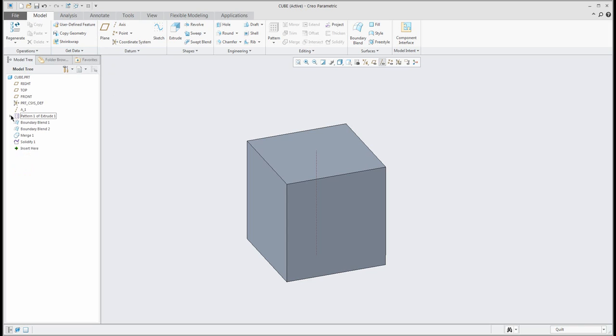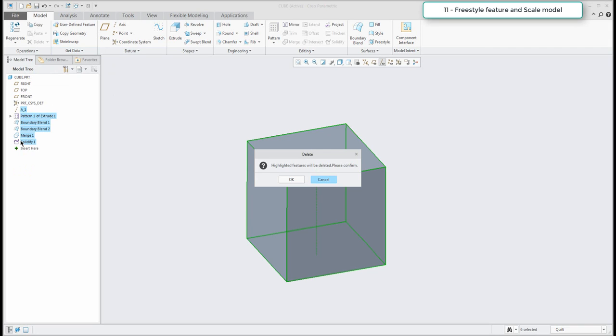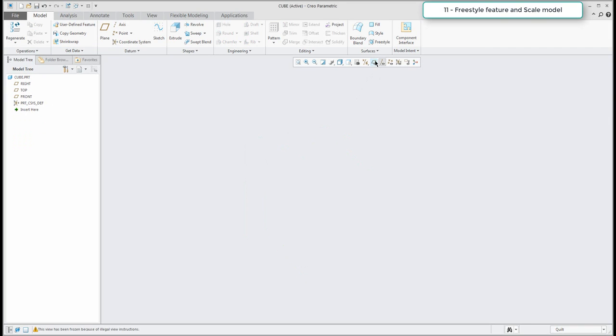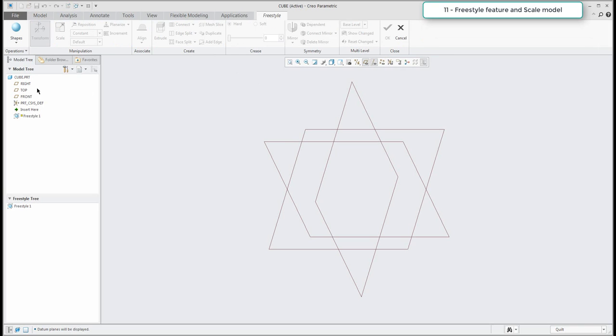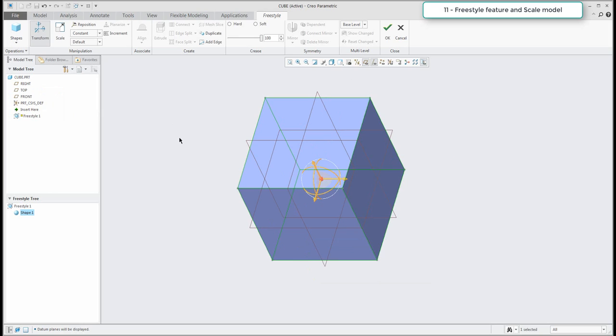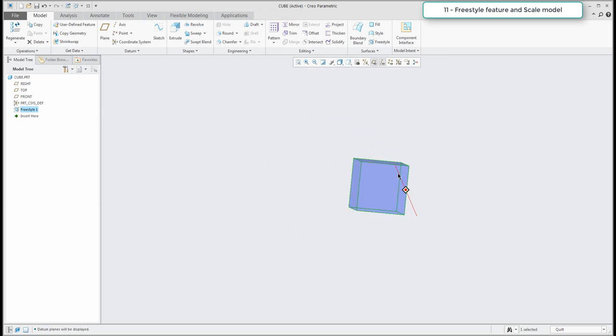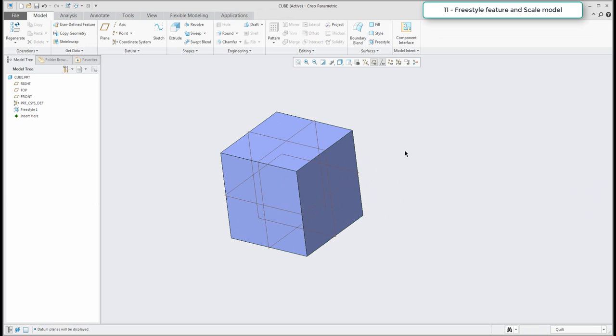And what about scaling a model? What do I mean? Okay, so how to really quickly create a cube. Just go to freestyle, and in the shape mode you can select the cube. The system will create the cube really quickly for you and you only finish. But you say, okay, but I don't know the size because it's freestyle. You don't care,